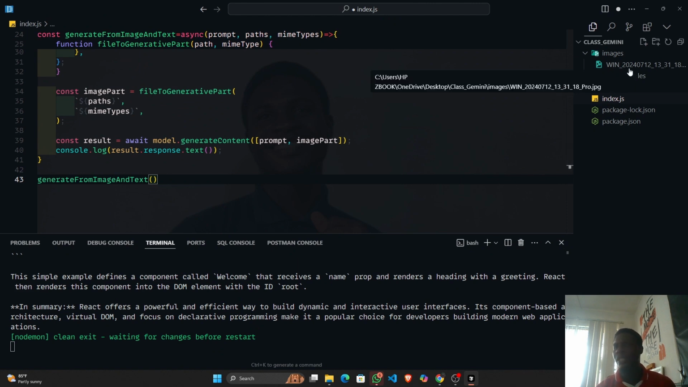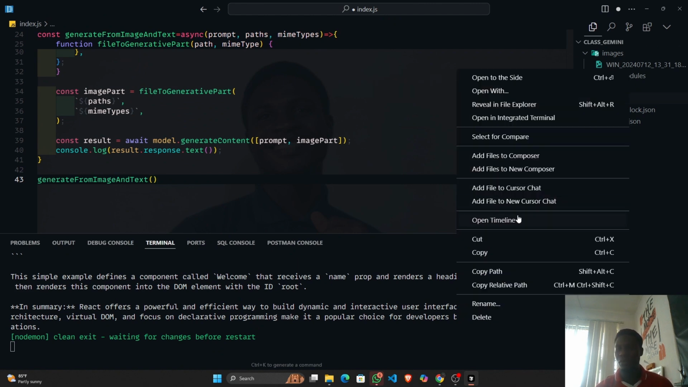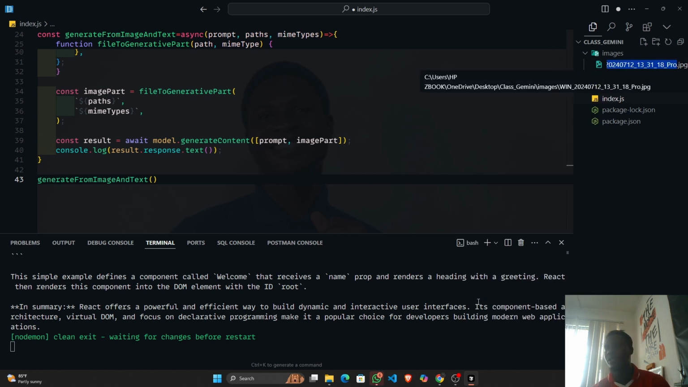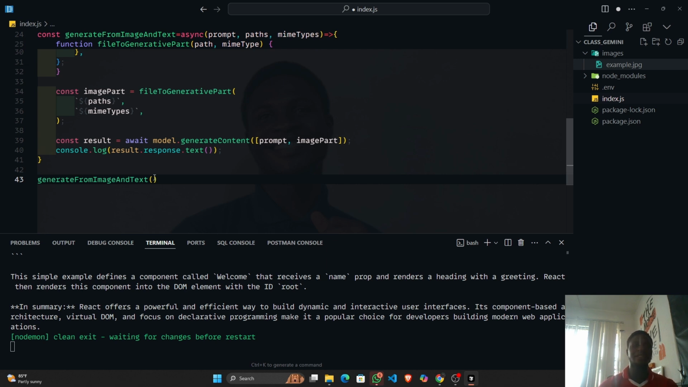Now I would like to rename this picture so that it doesn't become too long. I'll rename it example image, and you can see that the MIME type there, or the file extension there, is JPG, right? So now the first thing we want to pass,